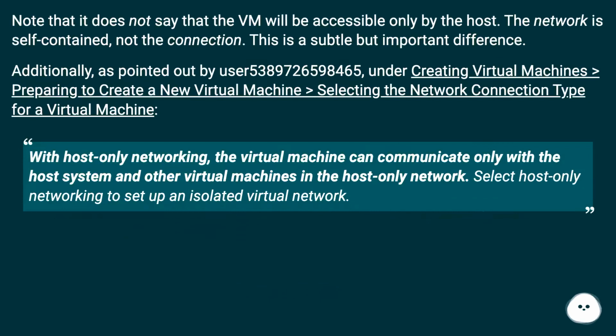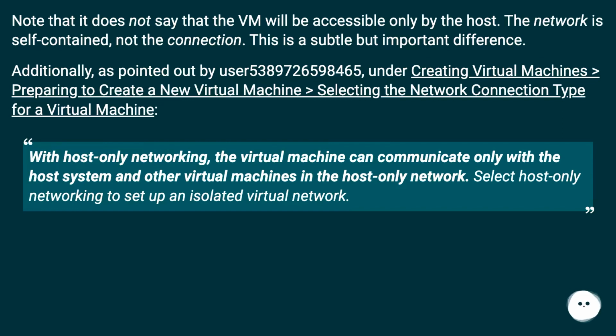Note that it does not say that the VM will be accessible only by the host. The network is self-contained, not the connection. This is a subtle but important difference. Additionally, as pointed out by user 5389726598465, under Creating Virtual Machines > Preparing to Create a New Virtual Machine > Selecting the Network Connection Type for a Virtual Machine: